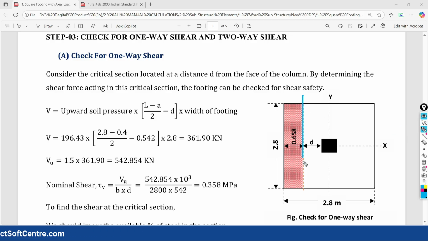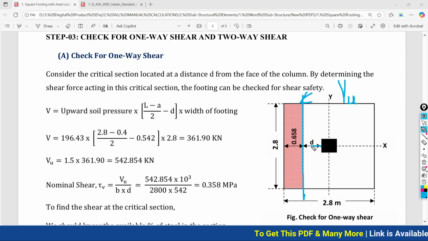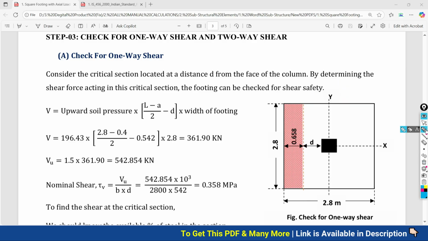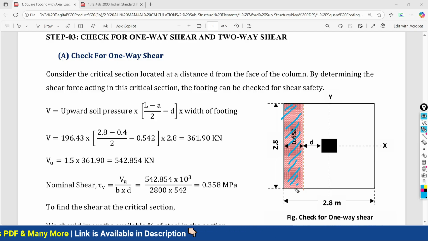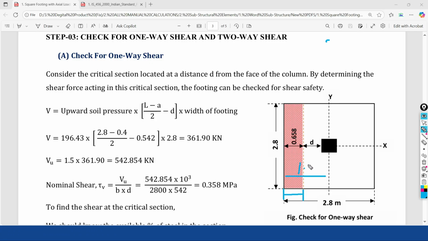So very first we need to calculate what maximum shear force is going to develop at this section, that is nothing but the ultimate shear force. So the critical section where we need to consider, here we have to consider at a distance of d from the face of your column. So this distance, and how much the shear stress develops in this area, we will see that. So this distance we need to know. Very simple how to calculate it. This projection we know, 1.2 meter, and 1.2 meter minus this effective depth. How much is it?